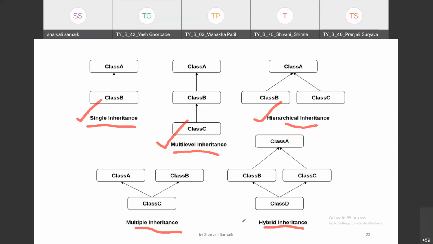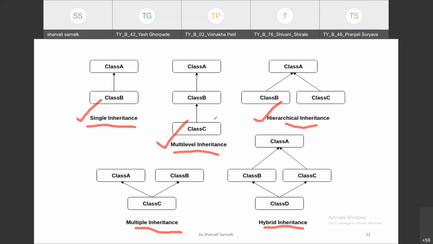With only the extends keyword we cannot achieve this. In Java programming we have another concept called interface, and what an interface is we are going to study in the next lecture.